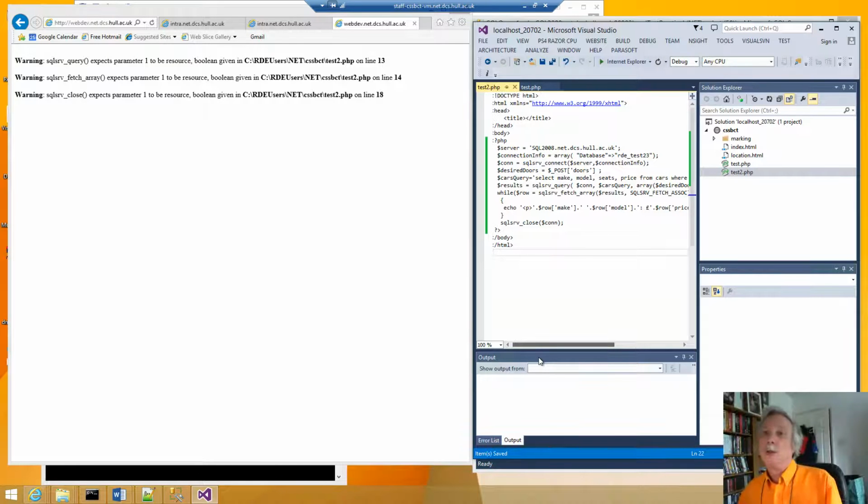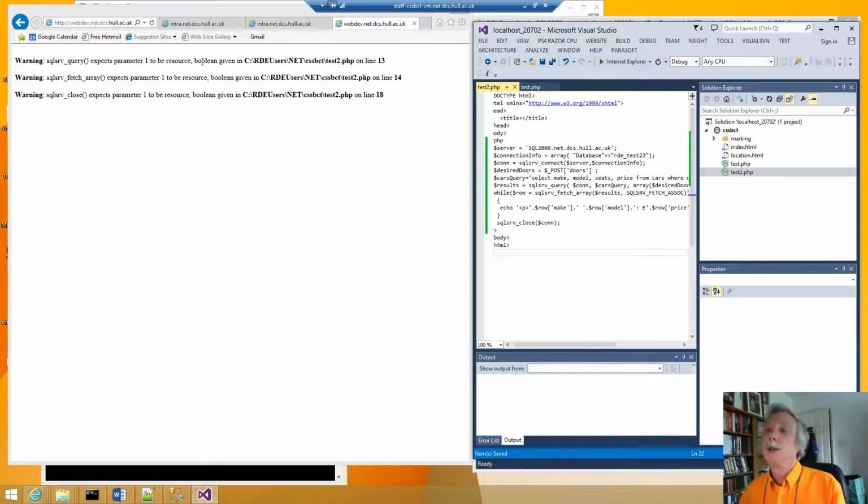So it says the query expects parameter 1 to be a resource, but it was a boolean,